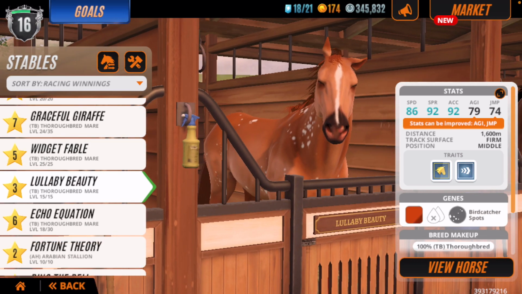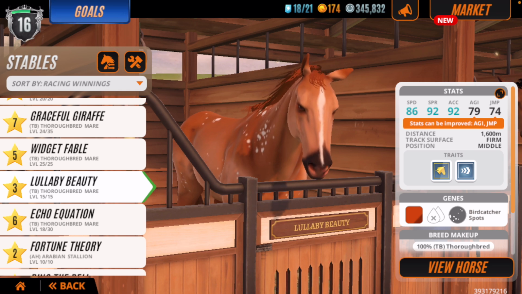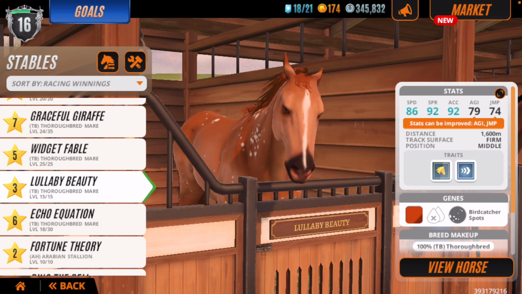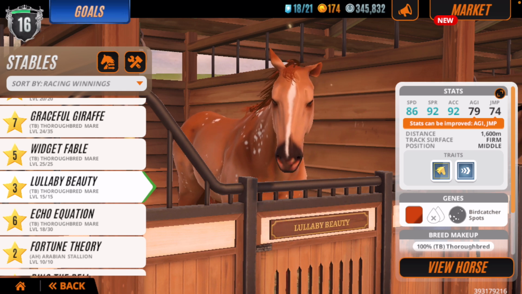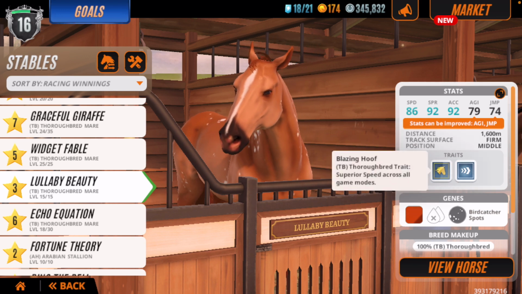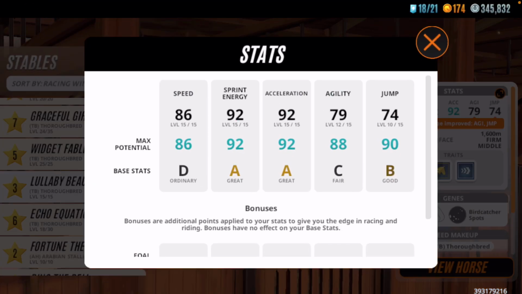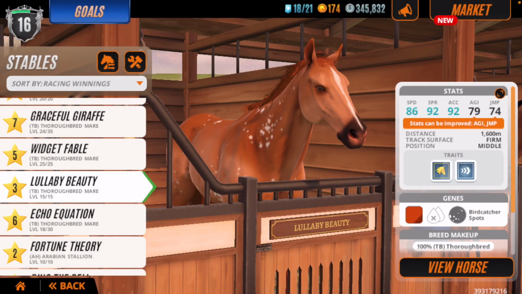We go on to our 3-star thoroughbred mare, Lullaby Beauty. She's one of my oldest mares here. I've had her forever. She also has the bird catcher spots. Her abilities and traits are Fleet Dash, that improves sprint energy, and the Blazing Hoof, superior speed. See her stats. Pretty good sprint energy and acceleration for her level, but we're limited with the